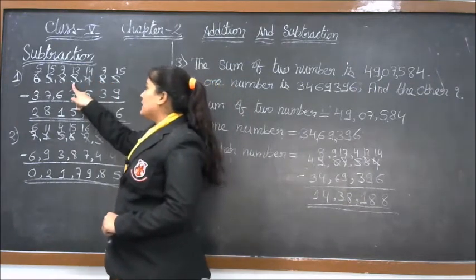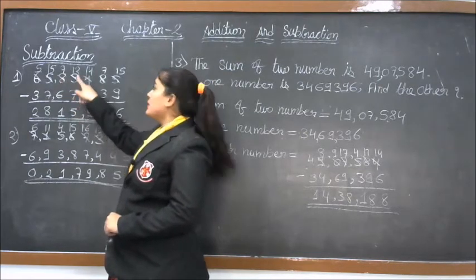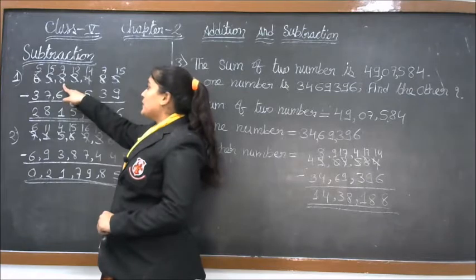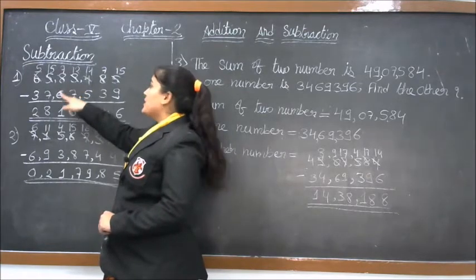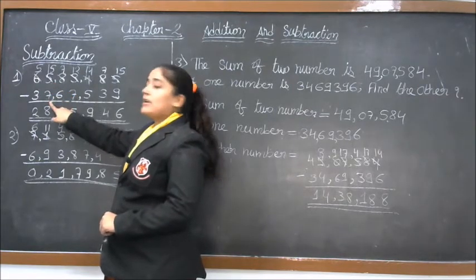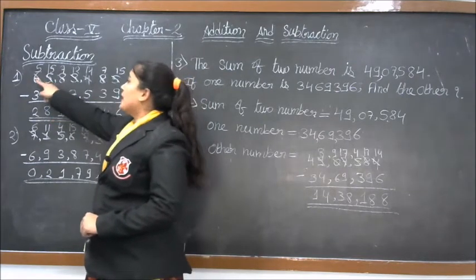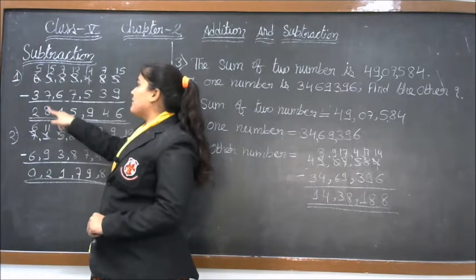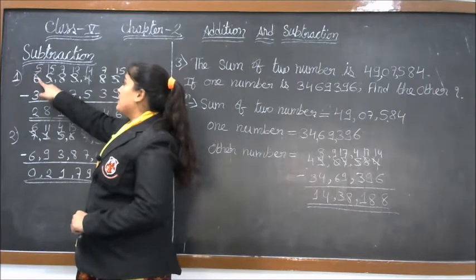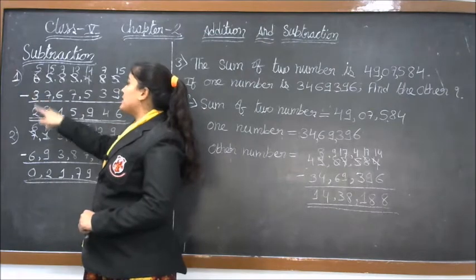Now, it is 2. So, 2 minus 7, it is not possible. So, we take 1 from here, it is 12. 12 minus 7 is 5. Now, next here, what is left here? 7. 7 minus 6 is 1. Now, here is 5, but 5 minus 7 is not possible because smaller minus greater is not possible. So, we take 1 from here, 15 minus 7 is 8. Next, here is 5, here is 6, but we gave 1 here, therefore, what is left here? 5. 5 minus 3 is 2.